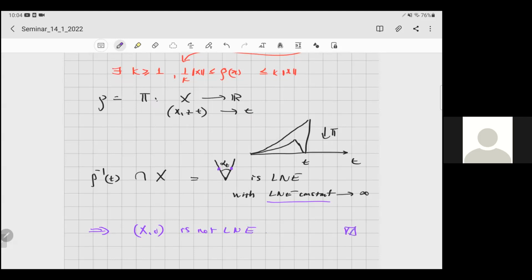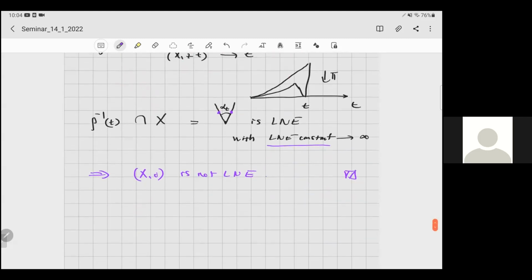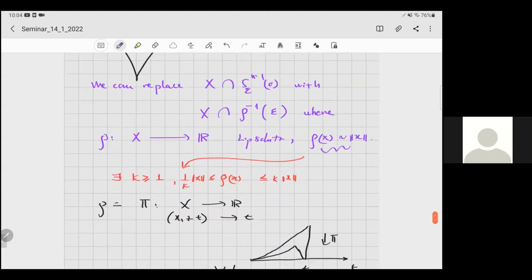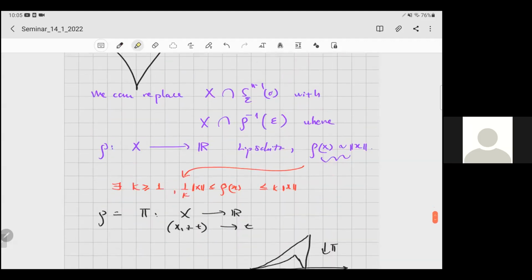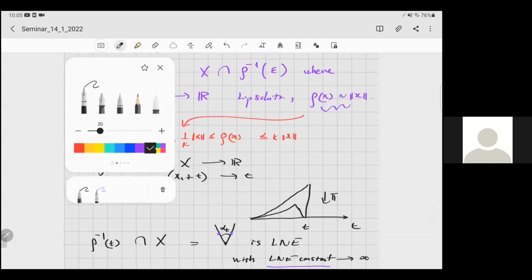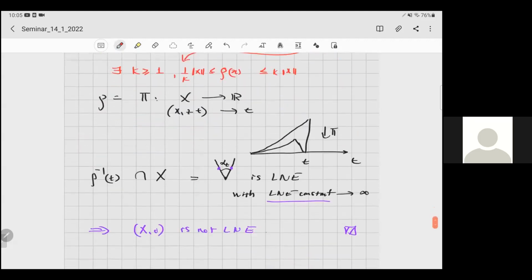Actually, this is a very simple example, a counterexample to the conjecture of the paper. So some remarks. Actually, I have a result saying that this theorem is not only true for semi-algebraic sets, it's also true for any definable set in an o-minimal structure. And the second remark is that,